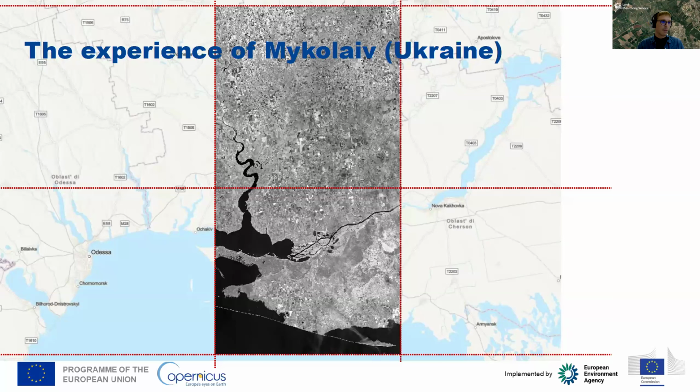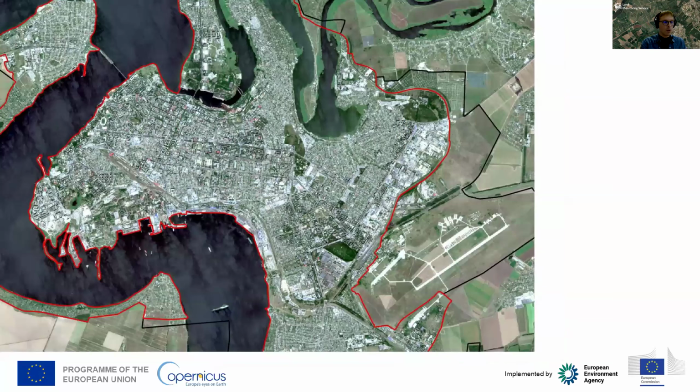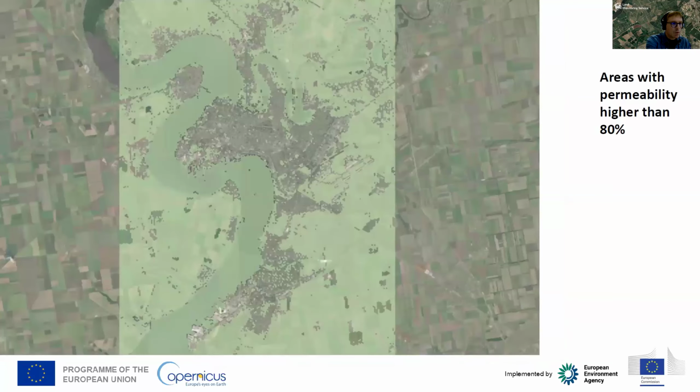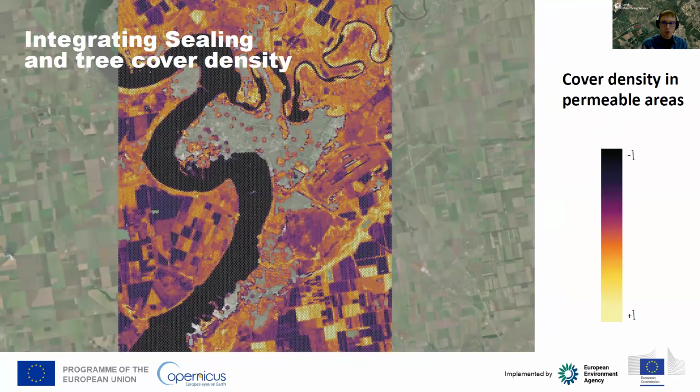So the first thing that I made was to recreate a bit of land use, land cover through a composition of the Sentinel bands. And then I was producing a built-up footprint by making a supervised classification sampling. Once I had selected the area with high permeability, I superimposed the tree cover density layer because I wanted to have a kind of